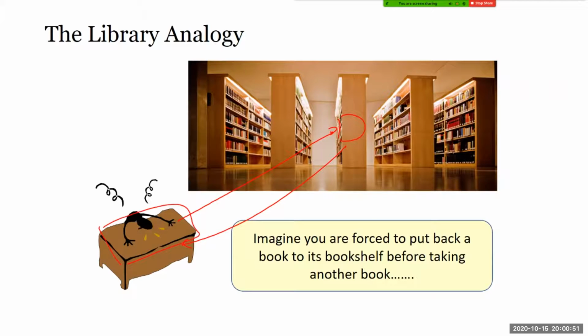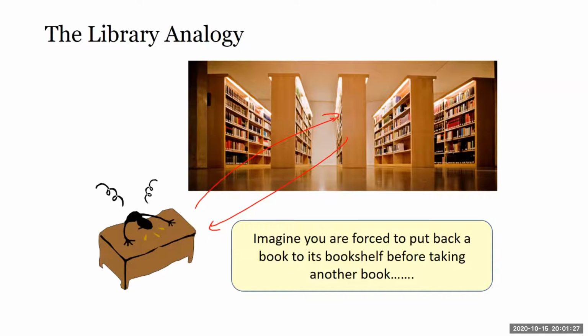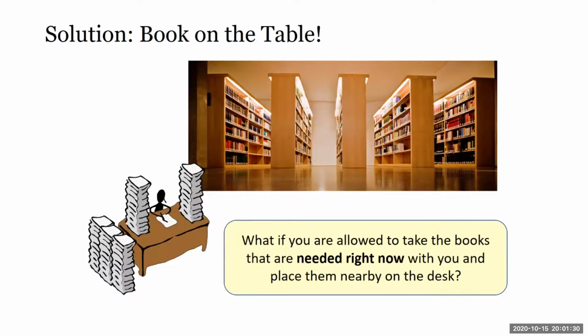Because of desk constraint, you can only put one book on your desk. Or rather, maybe you're only reading one book. You can read one book at a time. You're like the processor, reading one book. After you're done, you have to go back and put the book away. Very troublesome, right? Every time I want a new book, I must go back and forth. This back and forth is the delay, like the memory delay. Every time the CPU wants data from RAM, main storage, or secondary storage, it takes a long time to go there, grab a book, and come back.